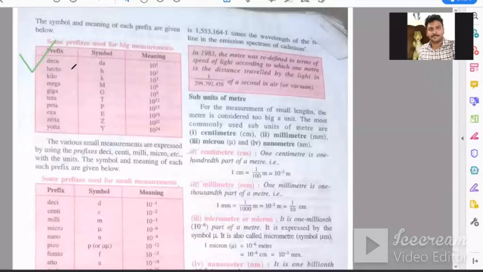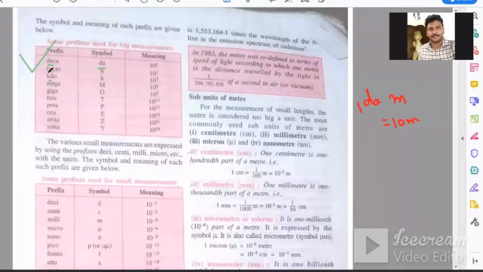So how these units and their symbols are given, you need to understand that. Okay, so first one is deca, hecto, kilo. So how you're going to use it? For example, we are having a unit called meter. Now if you write decameter, it means 10 meter. 1 decameter is equal to 10 meter, because the deca stands for 10.